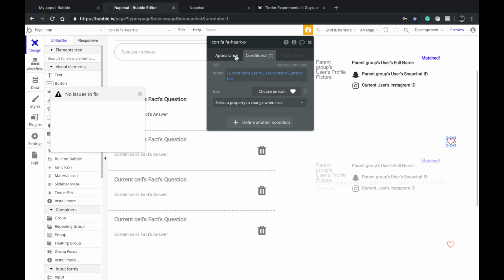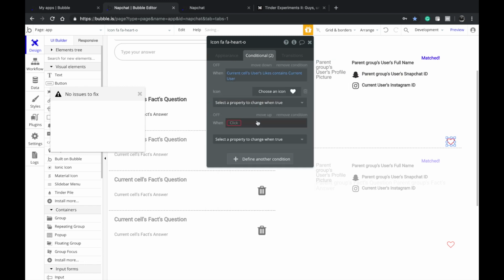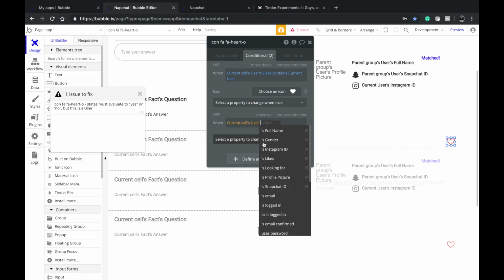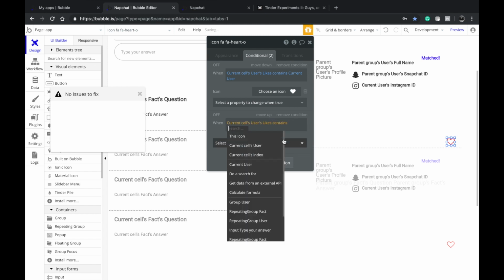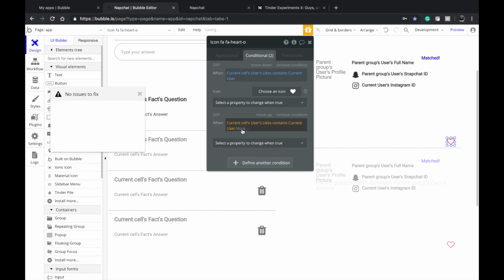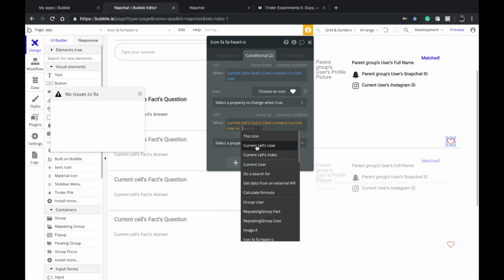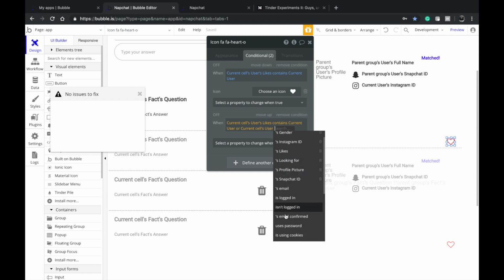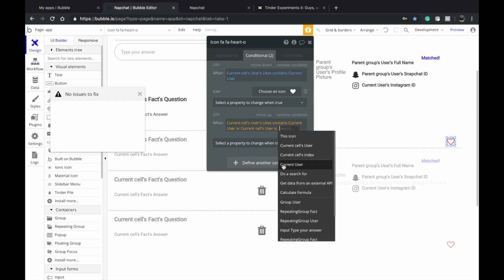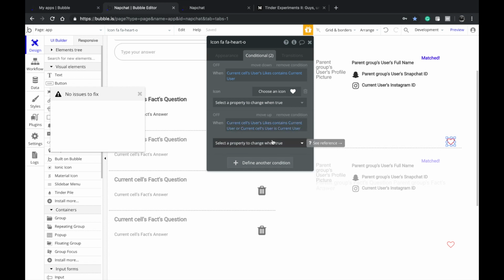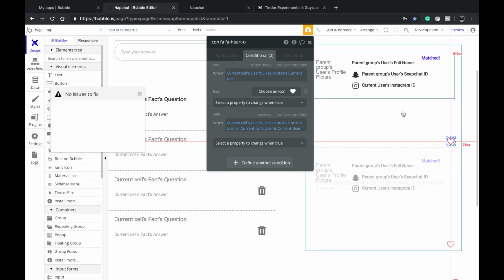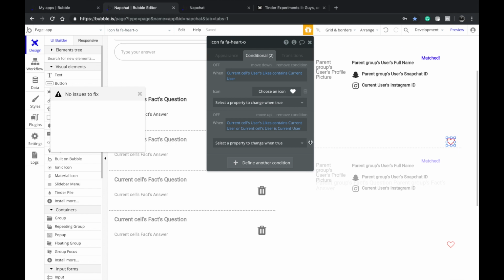it will show this. And one more thing, if the current sales users likes contains current user or current sales users is the current user. Again, I know it may sound like it's really complicated. What I'm telling here is that, look, if the current user is the creator of this fact, this collection